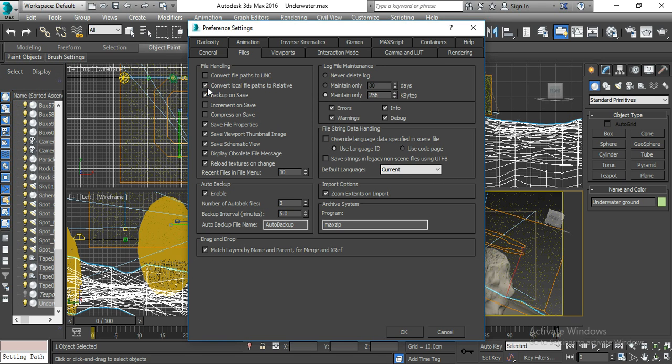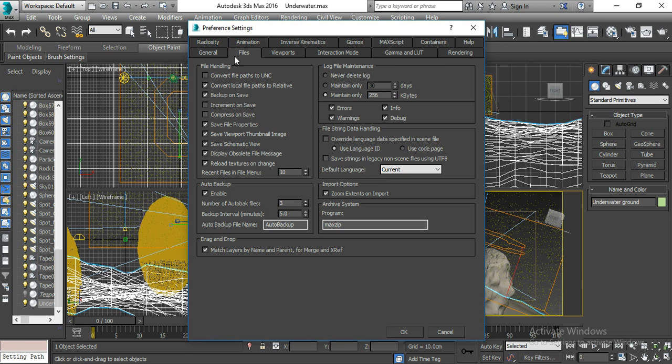We have to tick this because in some cases, when we are using 3ds Max on another system, or we have already done a project in 3ds Max on a system and we have to change the file to another system,